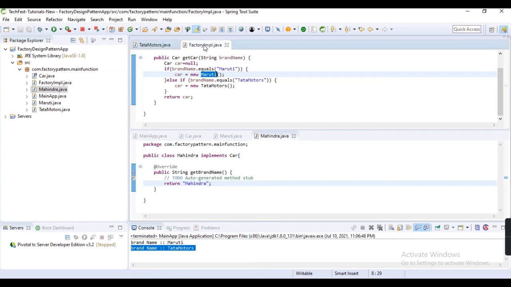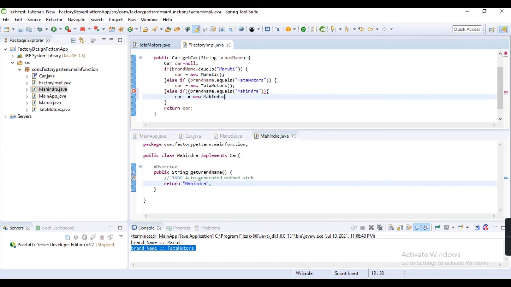We just create a new class and put one more condition over here. Here we can pass Mahindra, and the Car object will return Mahindra.